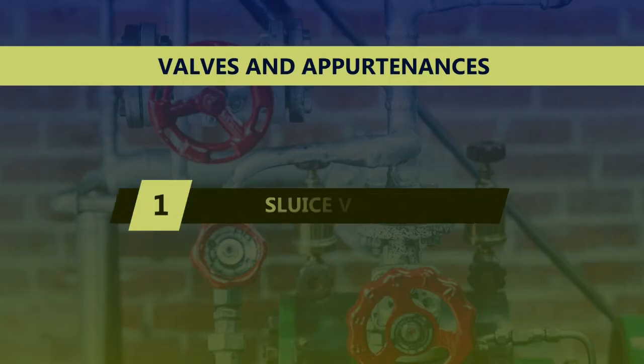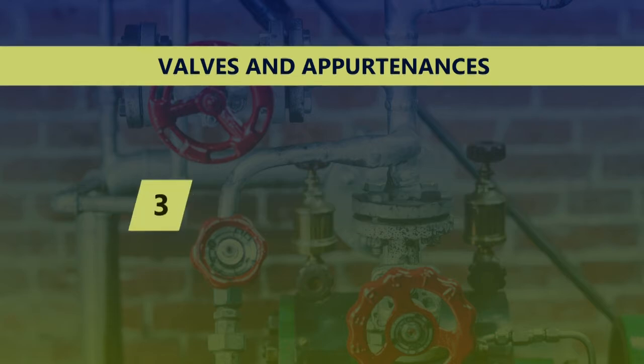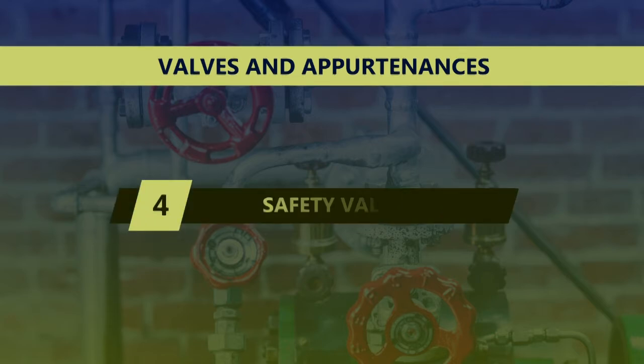We are going to discuss 6 different types of valves in this session, and we are also going to discuss what fire hydrants are, what their applications are, and what the different types of fire hydrants are, among others. The 6 key types of valves that are commonly used in waterworks include the sluice valve, which is also known as the gate valve, the air valve, the check valve, the safety valve, the drain valve, and the foot valve.